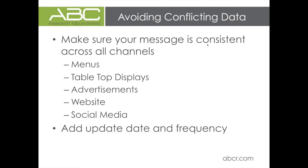And then anything on social media. You may have a menu that you keep current on your website. Well, remember that you have maybe a menu on your Facebook page as well. You really want to have a consistent message across all channels. And I always suggest that if there's a workflow or a standard operating procedure established for adding new menu items or changing menu items, make sure that checking literally where all of your caloric information is published is on that to-do list, and you check off all of these different channels so one